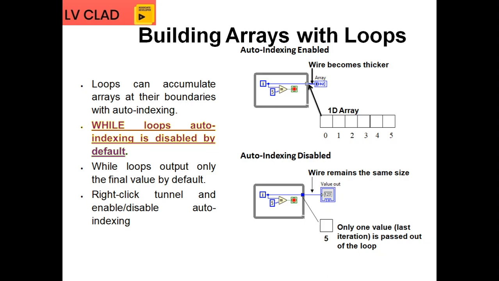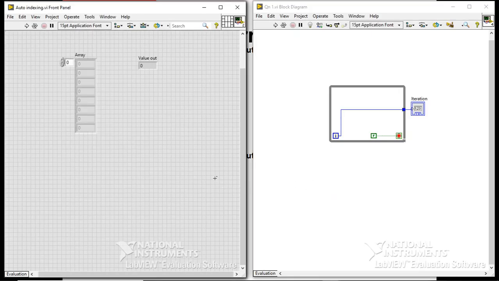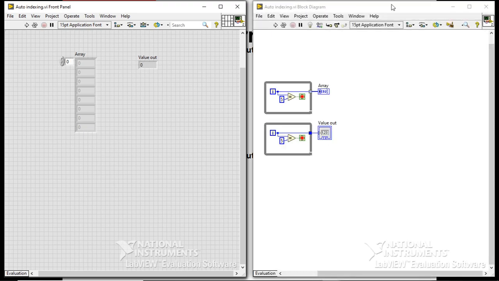Whether you want to collect all the iteration values, or you want to collect only the last value, they are talking about it. It is also similar to your tunnel concept, which we have seen already. So let us go for hands-on, so you can understand in a better way. Yes, I have put the code already,